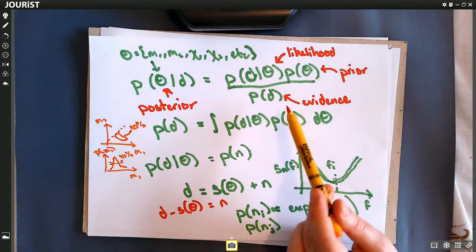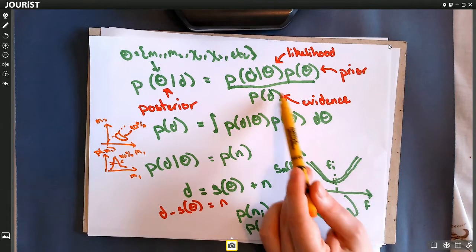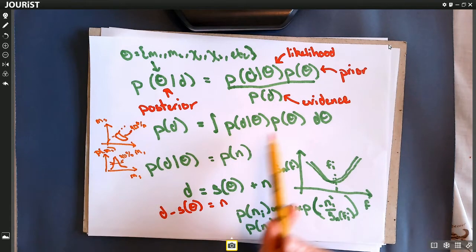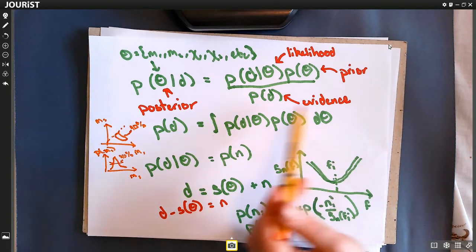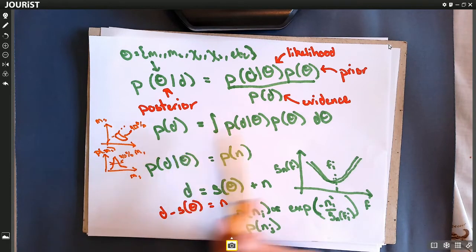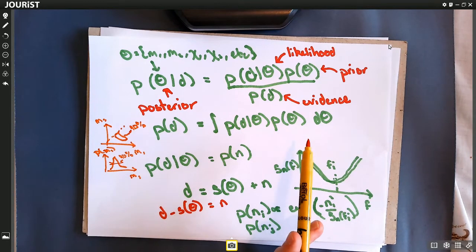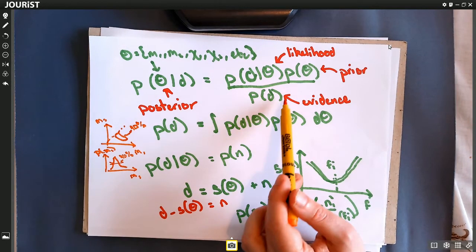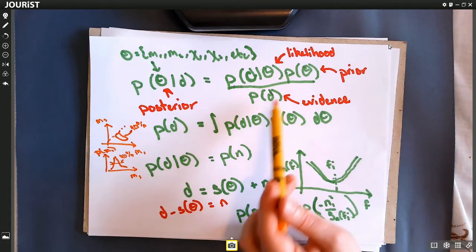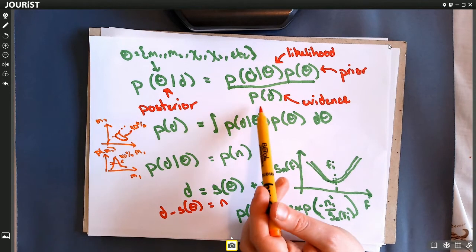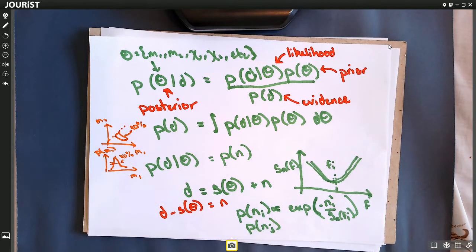And then we have a term on the bottom, a normalization term, that's the evidence, which is the marginalized likelihood. So we take the likelihood here, multiply it by the prior, integrate over all values of the parameters to get the probability of getting this data realization given our prior assumptions. Okay. Now, generally in parameter estimation, we don't actually need to worry too much about this normalization constant. If we only care about the shape of distributions, we can take care of normalization at the end. But we will see that this is very important when we want to do population inference.